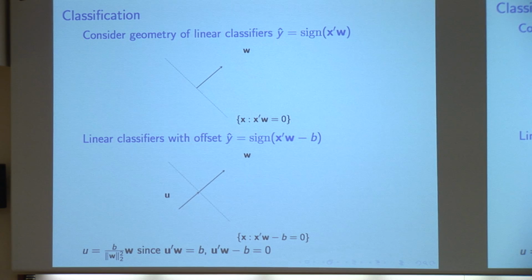And this is the cut line, or the orthogonal cut, where all the data on this line has inner product 0 with that weight vector. And then all inner products are positive on one side, all inner products are negative on the other side. When we apply the sign transfer, it partitions space into two half spaces, the plus and the minus. Sometimes people get hung up on offsets.